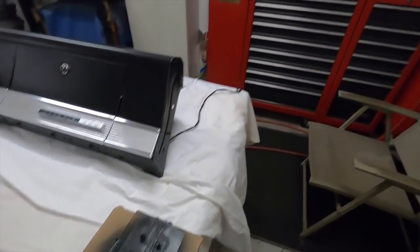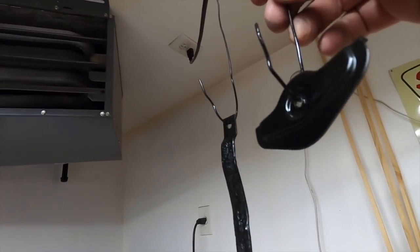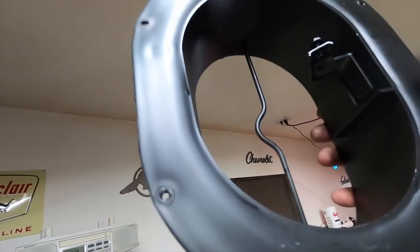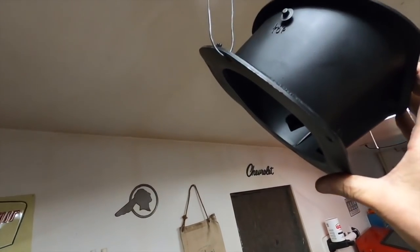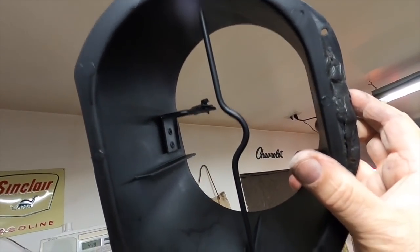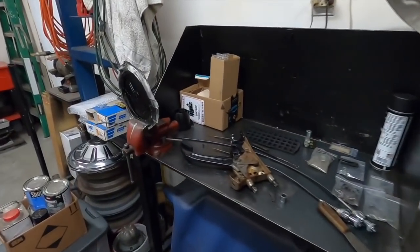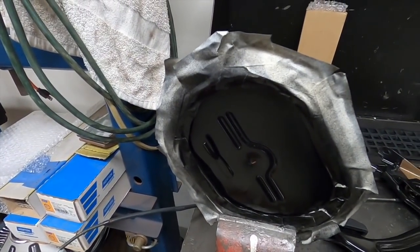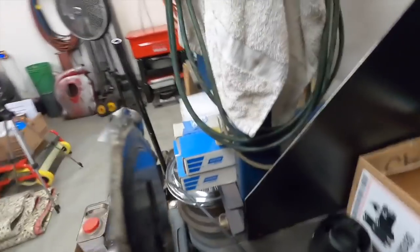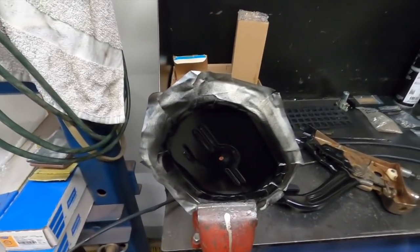Getting all the bits and pieces painted for this vent, as you can see. That's what held the harness on the outside. This is all painted up nicely, so it won't look bad once it's back in. And painted the door to the thing too, both sides, so it won't have any rust issues or anything. We'll get that unmasked here shortly, and we'll let all that stuff dry overnight, like I say, and then tomorrow